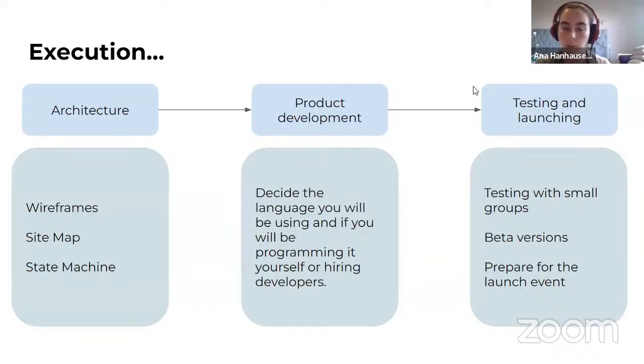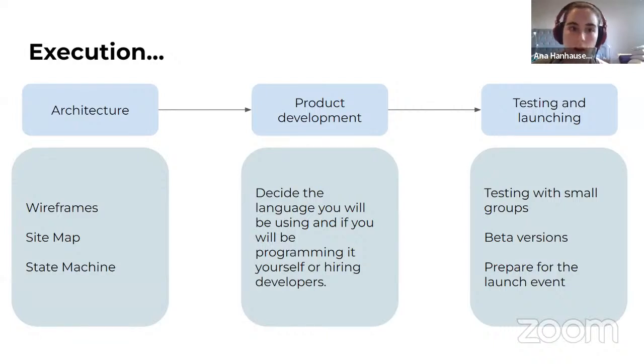Once we have these wireframes, which are hand drawn or on the computer, we have to create a sitemap and a state machine, which is basically a mind map that shows how the user will interact within the app, right? So for example, we say, oh, the user logs in and then he goes to this page and then he goes to this page, right? So we need to create the different flows of the user. And we also need to create the state machine, where we put more details of where he will receive a notification, how he will exit different pages, and we need to keep all this in mind, right?